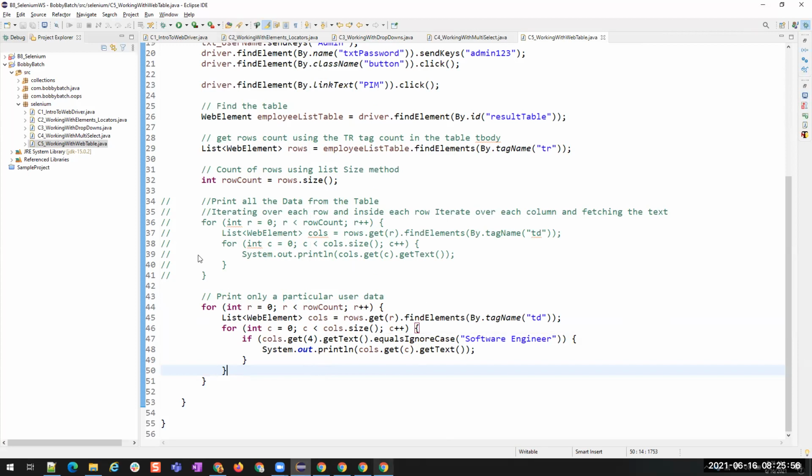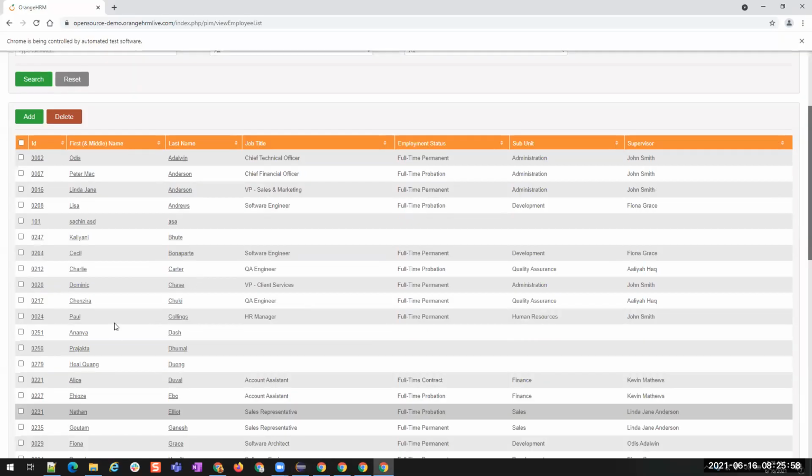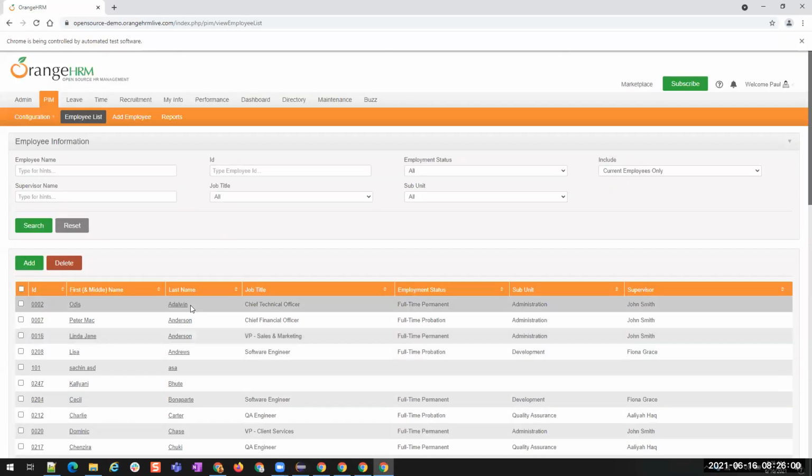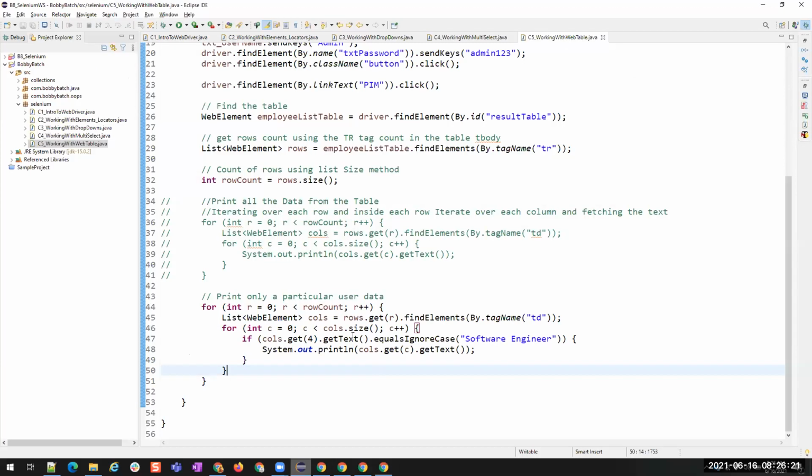Now, in the same table, if this is fetching a text, that's fine. But we also have checkboxes. We have to perform the operation on this checkbox, right? We have to select this if you want to do that. If you want to delete the user, we have to select it. So to perform this operation on the checkbox, again we have to find this checkbox in this cell and then click on it. So for that reason, what we are going to do?